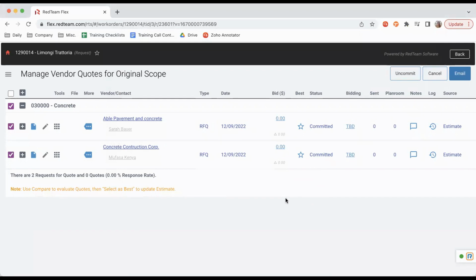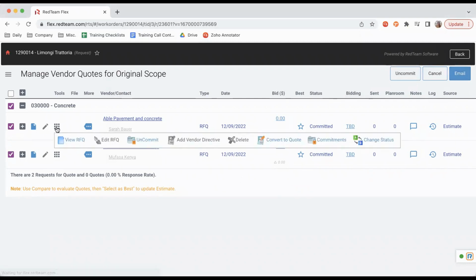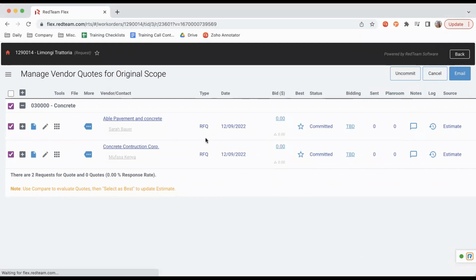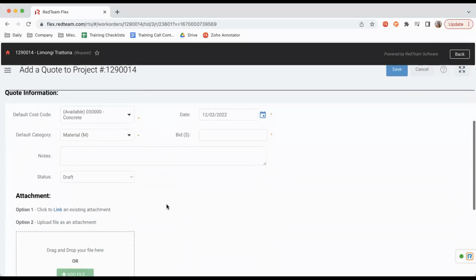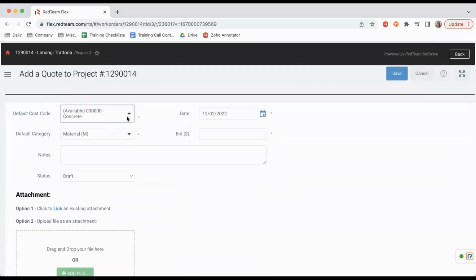For this training, however, we did not send out that email. So what we're going to do is manually add that answer in. So we're going to come to our toolbox and we're going to convert to a quote. Now our request for quote information is going to auto-populate to what we filled out previously. Our default cost code here is going to be our concrete. Our material is what they're bidding for. And we're going to say they bid